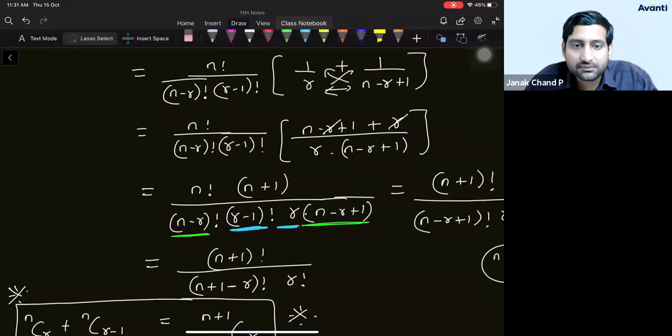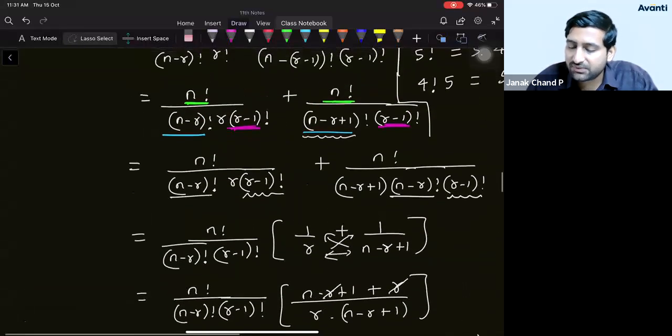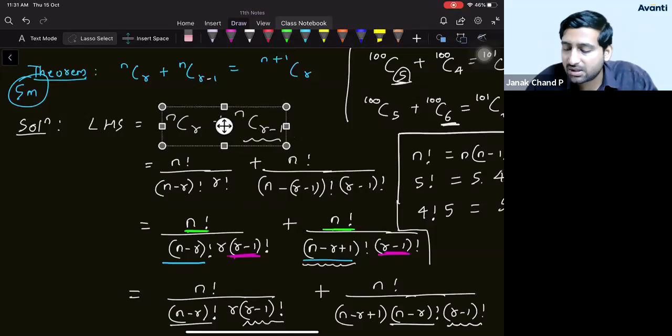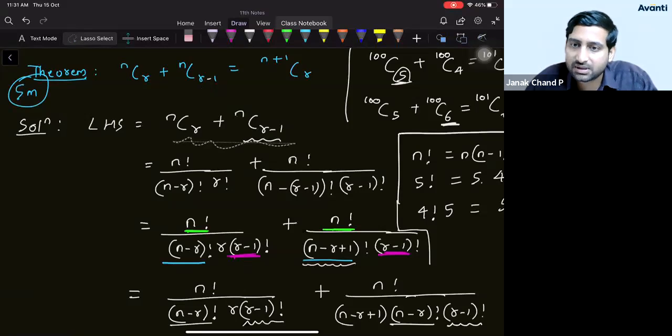Yes, Abhishek, this is important for JEE also. Derivation is not that much important for JEE questions, but it will be useful. Whatever simplification we have done here, in your JEE examination they may not directly ask this, but instead of this, they may ask you what is NCX plus NCX plus 2. They can slightly modify this. Usually we don't see any direct derivations, but a modification of derivation is 100% expected for JEE also. They can just, instead of minus 1, put 5, and then they will say find the value of this.